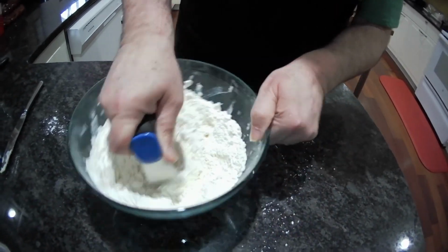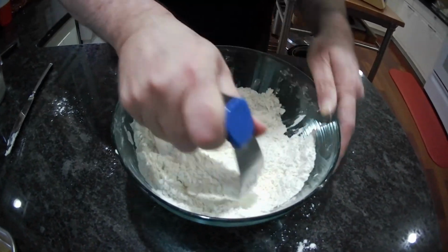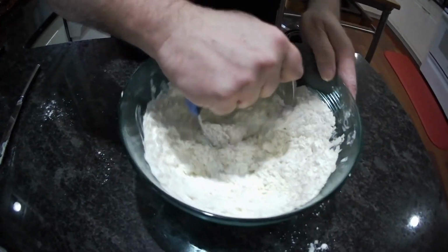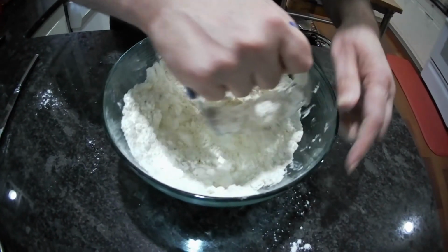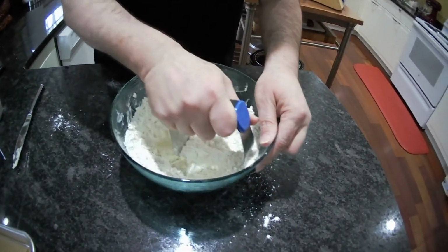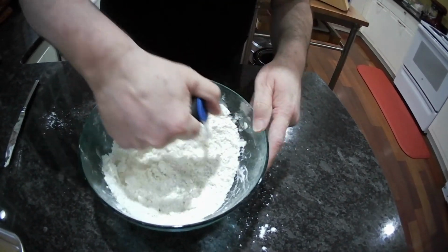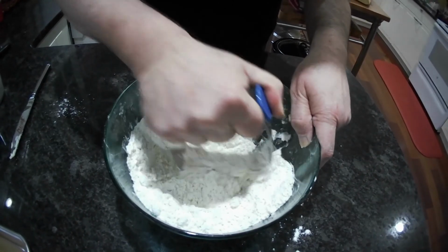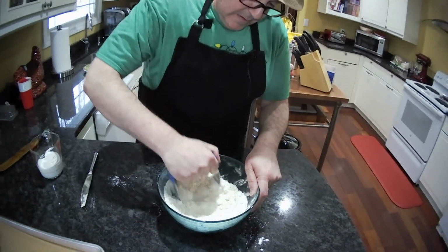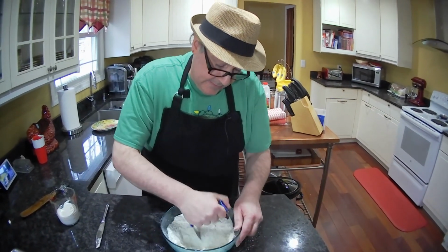Like I said, these go perfect with anything. Great with a stew, great for just a biscuit with dinner. Or, like we're going to use, I'm going to make sausage and biscuits tomorrow, so I'll save these for tomorrow morning. Still see just a couple big lumps in there, so